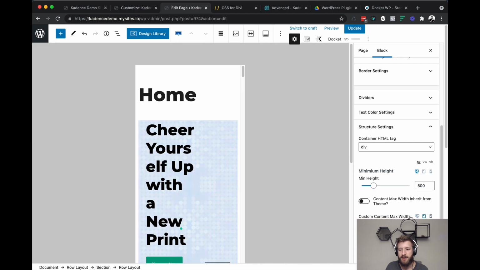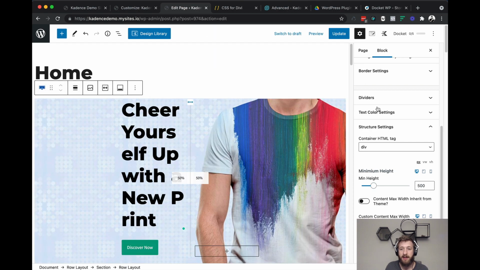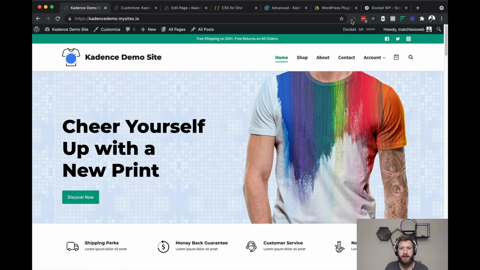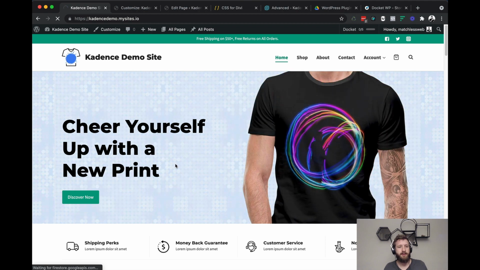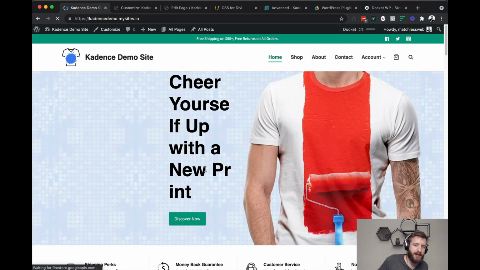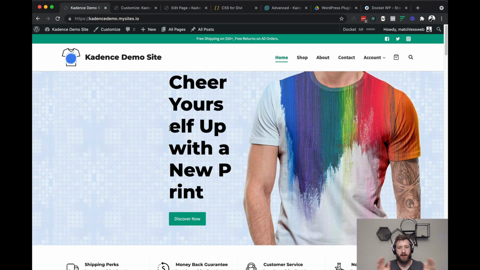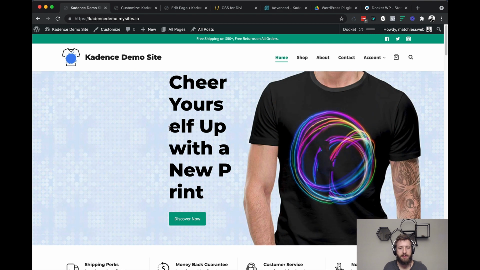You can set it by device size. So that updates. Let us refresh the home page. Now the text within this single column of this row is squished into no wider than 500 pixels.